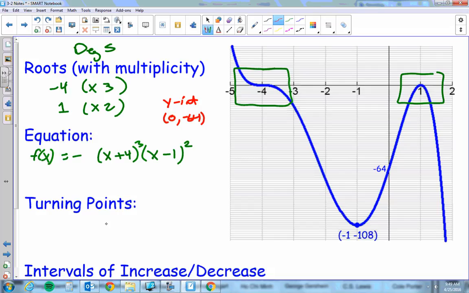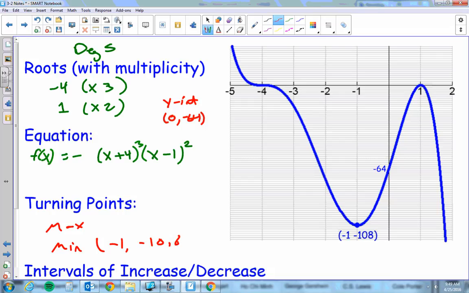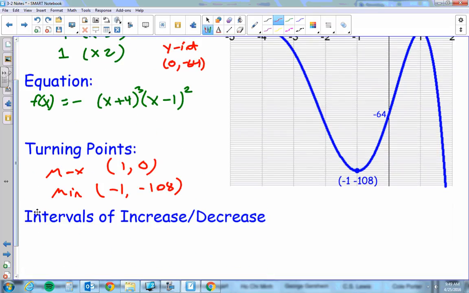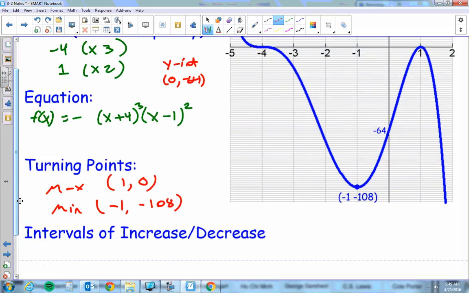All right, turning points. How many are there? 2. Yeah, this one does not count. So this one's the local minimum, and then the maximum is at 1 comma 0. And then